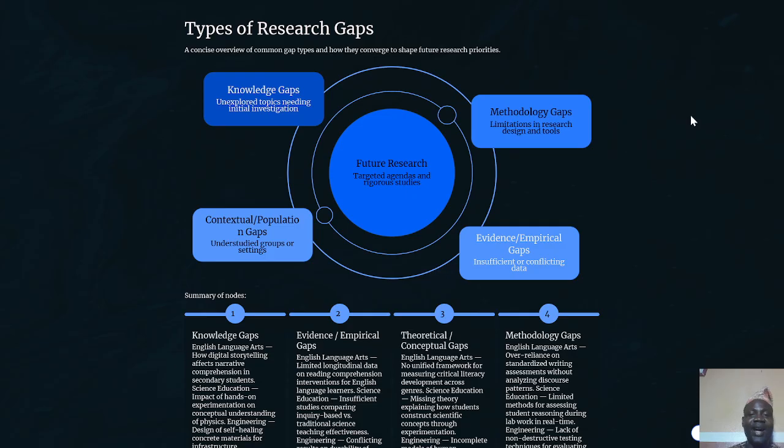We have the knowledge gap, we have the methodology gap, we have the evidence gap, we have the contextual gap,